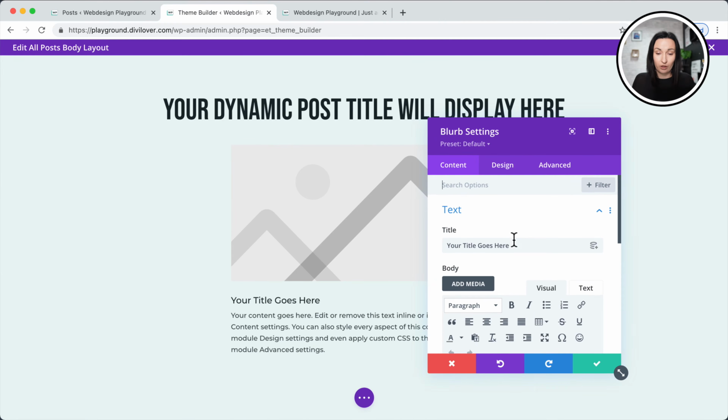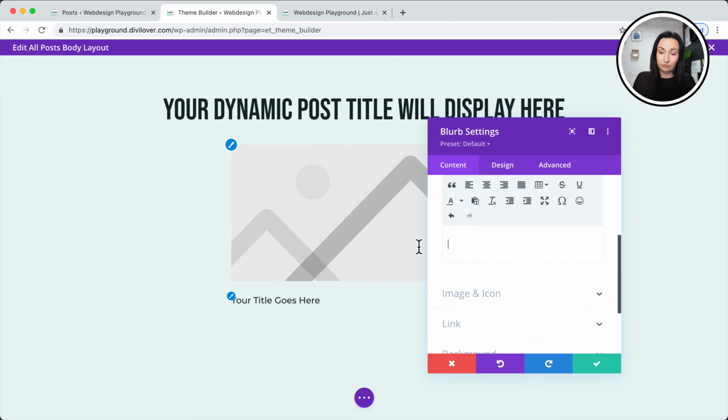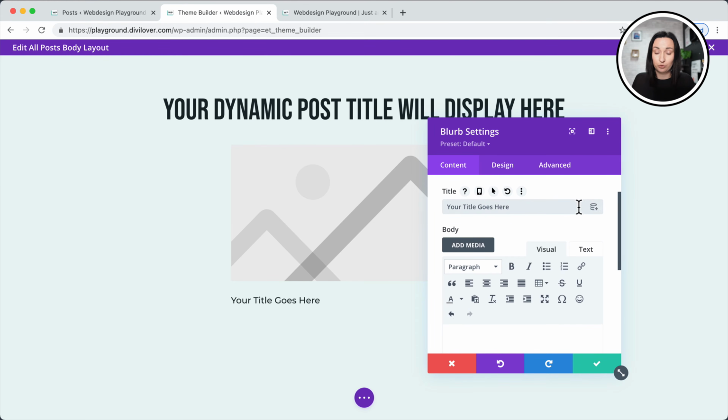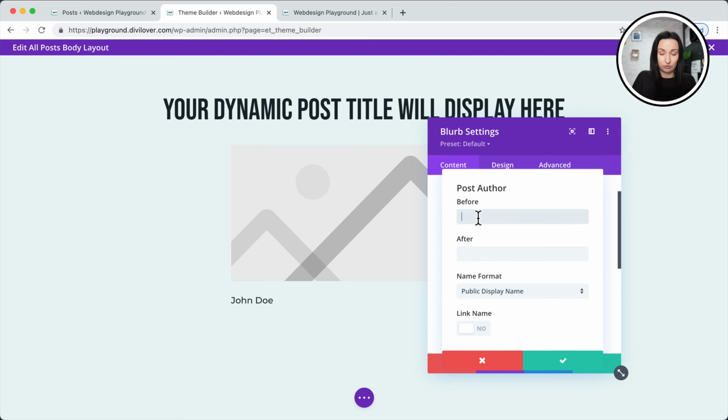blurb module. Okay, so for these blurbs we don't need any content, and our title is going to use the dynamic fields. So we want author name here, so post author, and before I would just write by, and then it would be author name. And okay, we don't want to link the name because I want the whole thing, the whole blurb to be clickable, not just the name